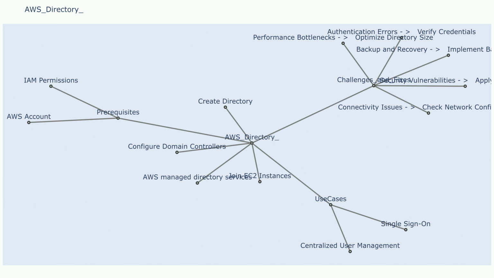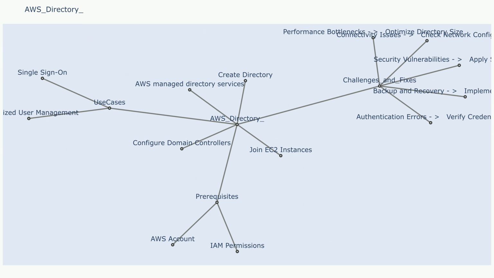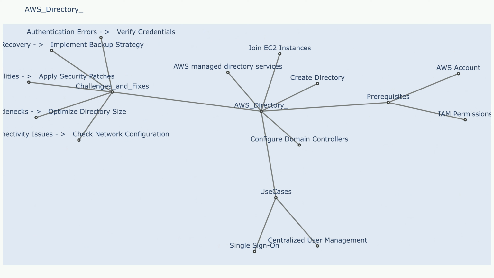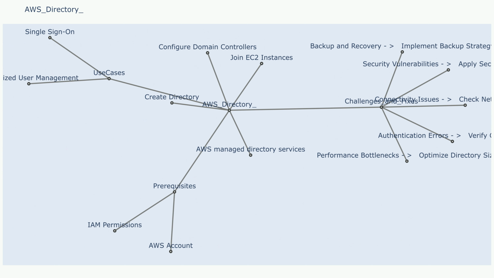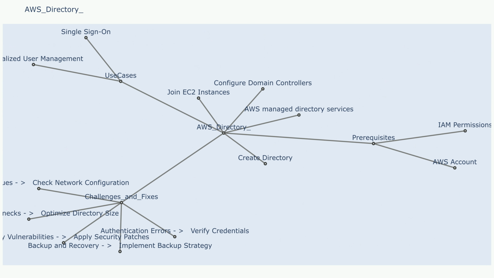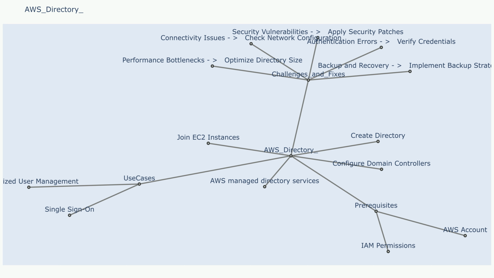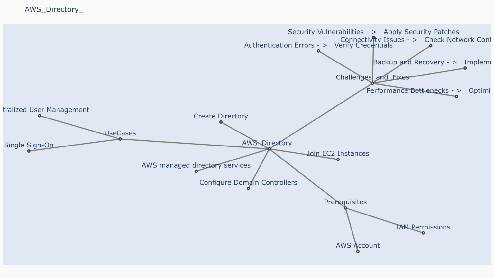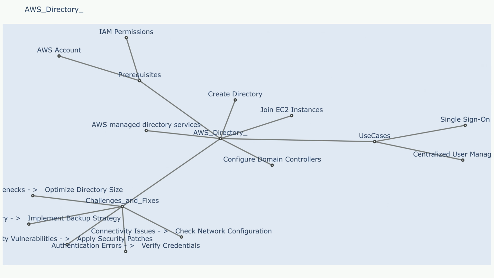Prerequisites: AWS account, with permissions to manage AWS Directory Service. Use cases: single sign-on (SSO) for users accessing AWS resources. Centralized user management for easier control and administration. Integration with existing on-premises AD. Domain name services (DNS). Group policy management. Steps. Create a directory in the AWS console based on your chosen service: Managed Microsoft AD,